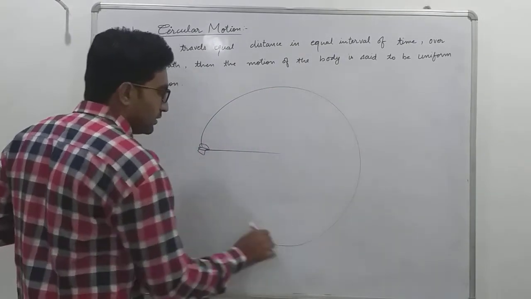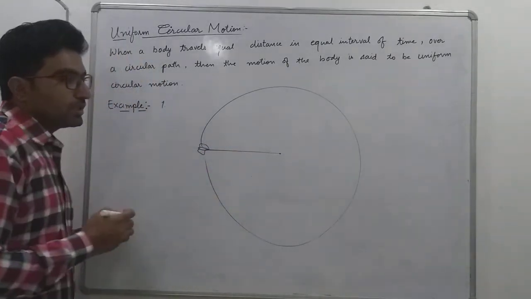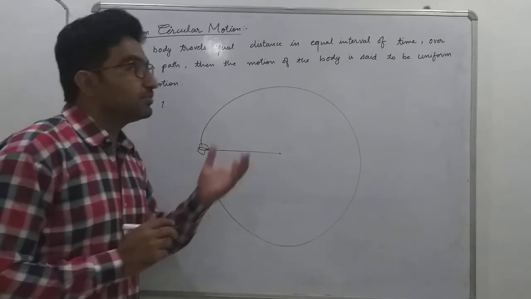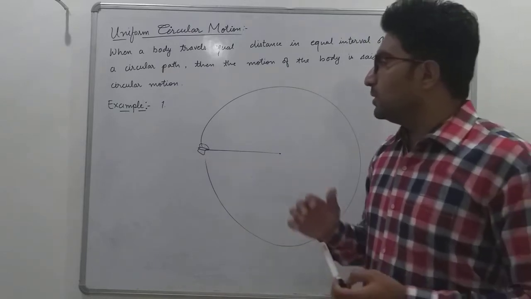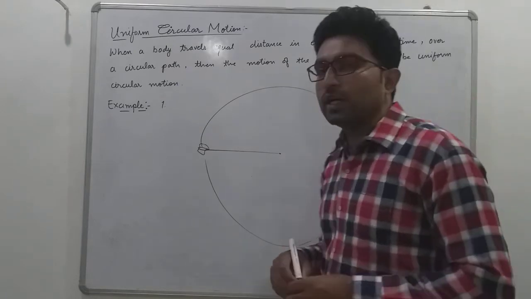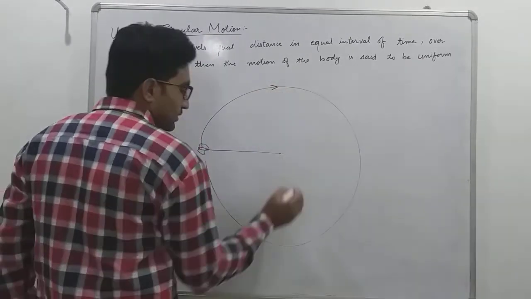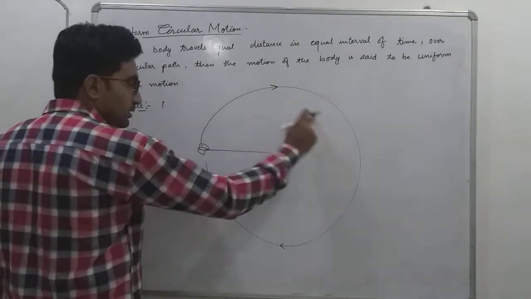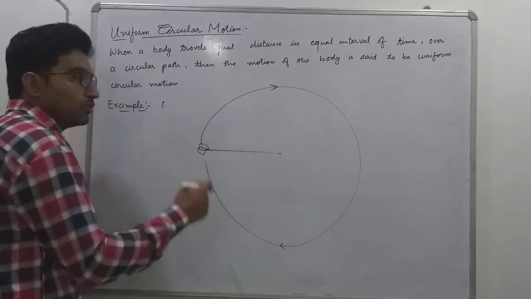Rotating it in a circle, this motion is uniform circular motion. An important point in the theory of uniform circular motion is the direction of the motion. The direction of motion is always along the tangent to the circular path. Suppose our body is traveling in the clockwise direction, meaning the stone is revolving on the circular path in the clockwise direction.